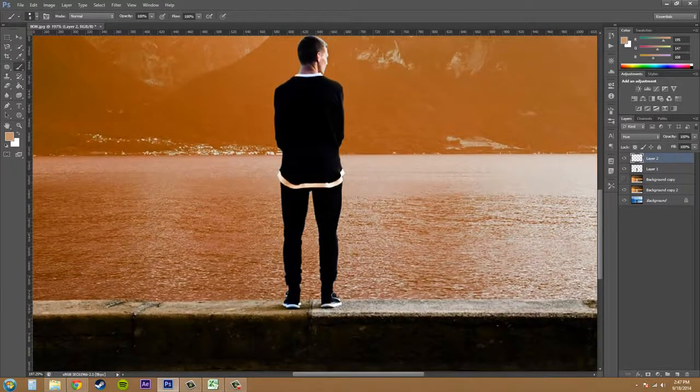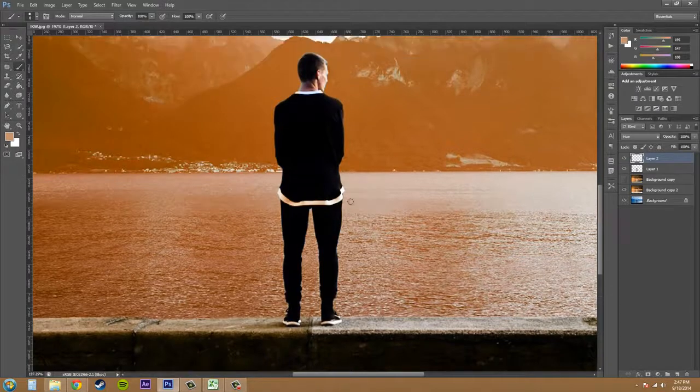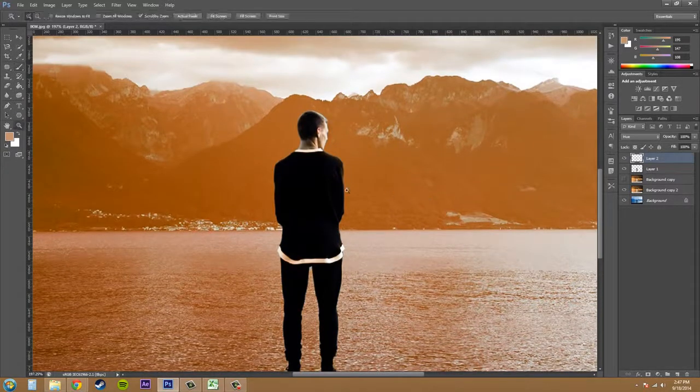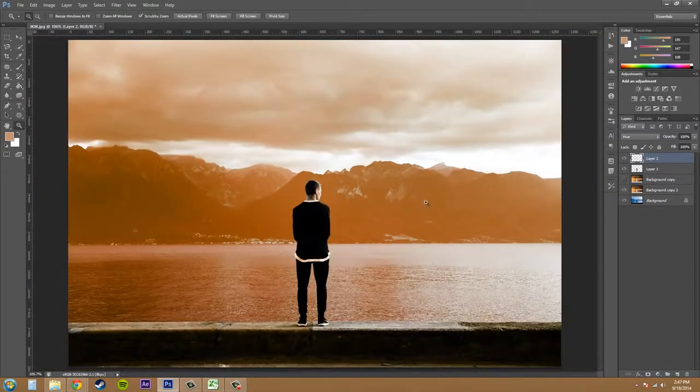I can paint out down here on the shoes, around the edges here, and you can see that it's getting changed, and it's pretty nice. Adds more to the image when everything is the same color and the edges are nice and blending in with the background. So just keep on painting over things that you see that might need to be touched up, and that's all you need to do. So let's zoom out and look at our final image here, and this is what we